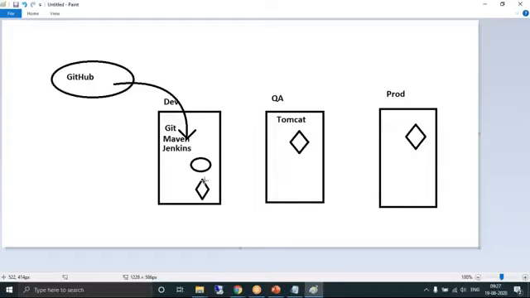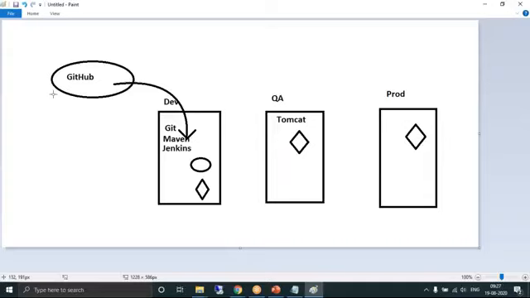So once you trigger step 1, step 2, step 3, step 4, step 5 should execute automatically without any human intervention. That means we'll not ask the development team to build an artifact. Jenkins should do that. Jenkins should first trigger the Git tool to download the source code.